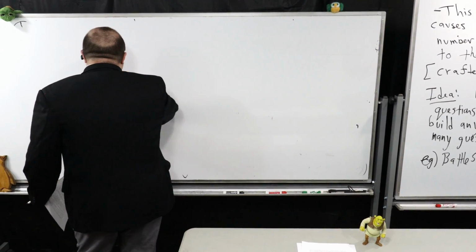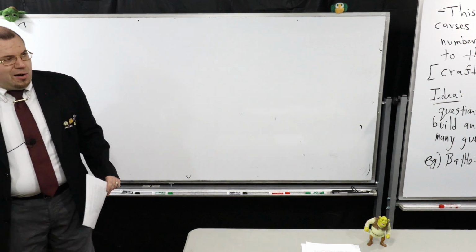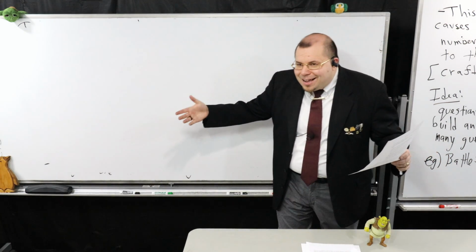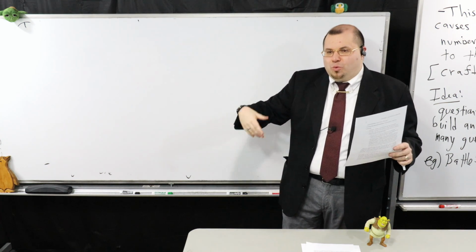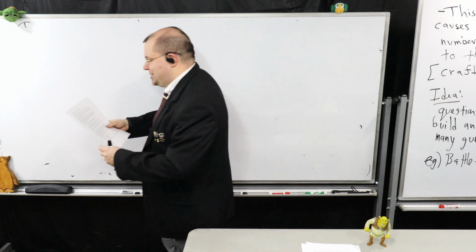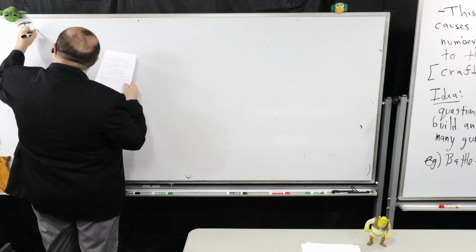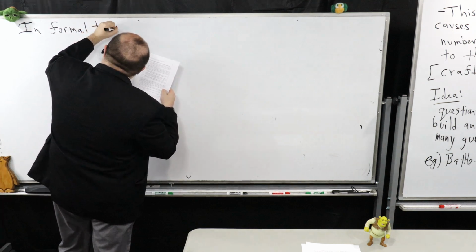But yeah, I usually like to think of it like we're kind of doing worst case analysis, but it's automated. So regardless of what the algorithm does, you know a way to craft the instances so that you always get one that's going to perform at least some number of operations. So let me just say this. In formal terms, so this is more of the formal look of an adversary. In formal terms,